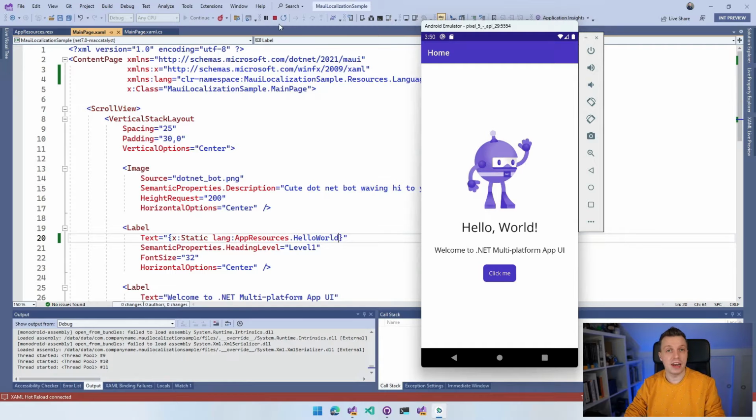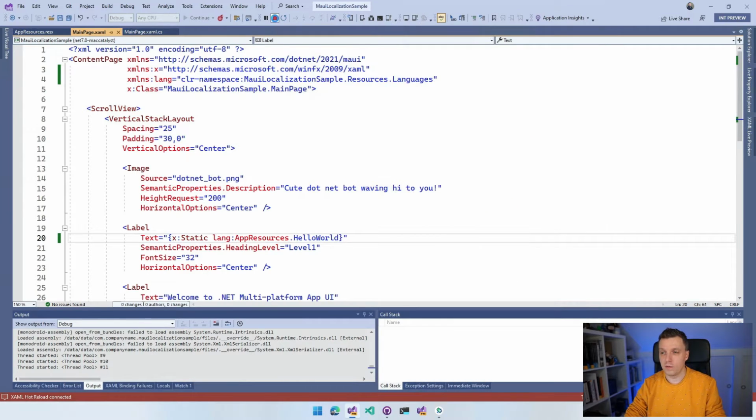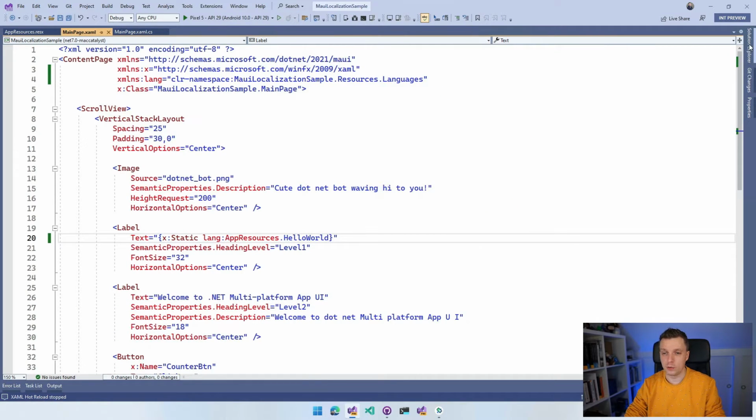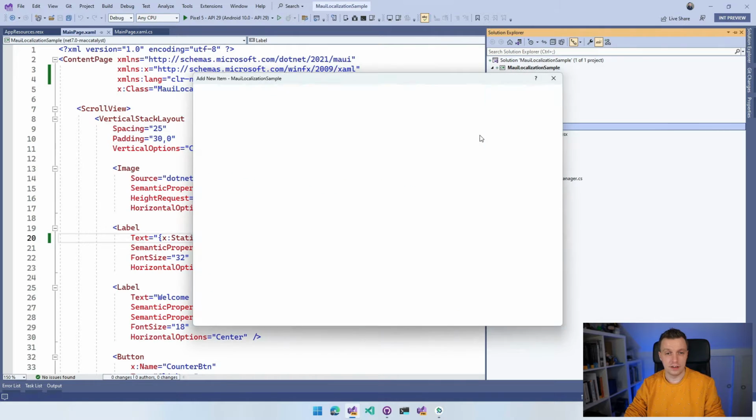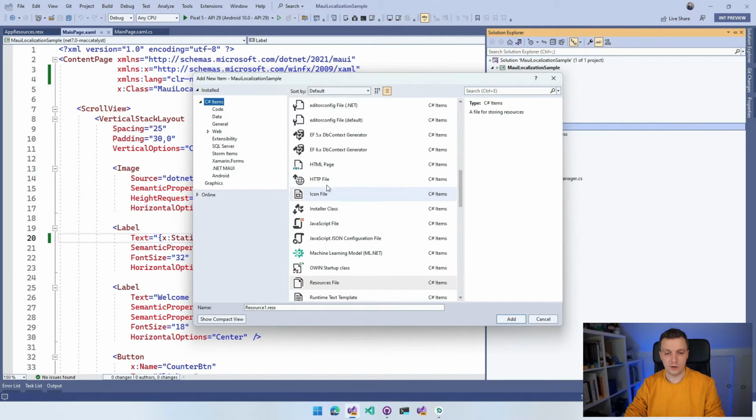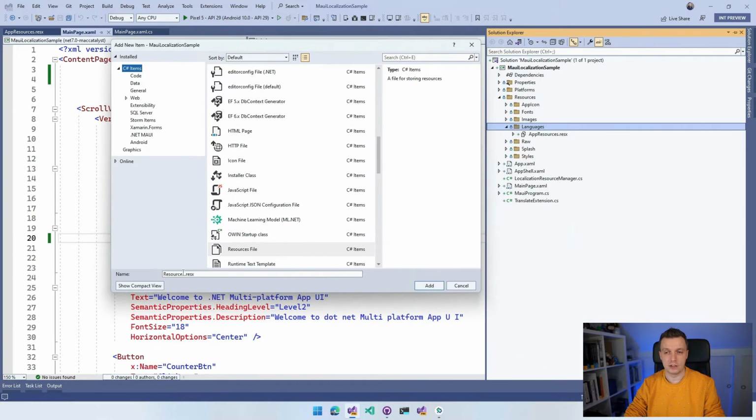Now let's see how we can add the Dutch one. So I'm going to go back to my Solution Explorer and the languages, and I can add another resource file here. So I'm going to do add new item, and it's still selected the resources file, so that's good. And the trick is to name it the same, right? So this works based on naming convention. So I want to name this app